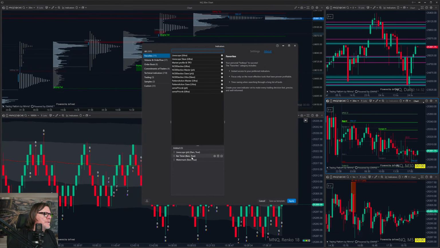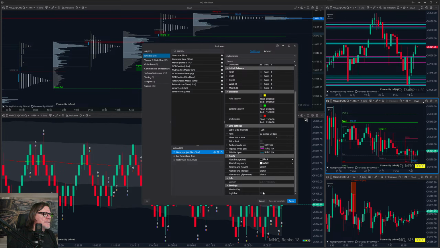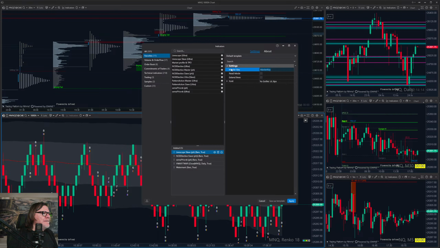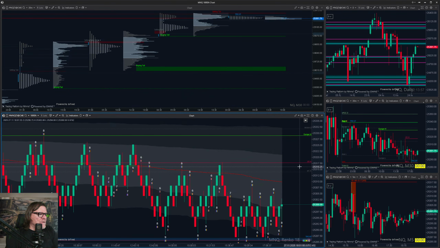I need to come up with the synchronization key. Let's use Linescope NQ, not daily. That's okay. I'm copying LENQ to the clipboard. I'm pasting it to the slave, and I'm clicking at read mode, because master sends the information about the levels and slave receives it. What I can do, I can extend the line, which I like doing, extending the lines of the